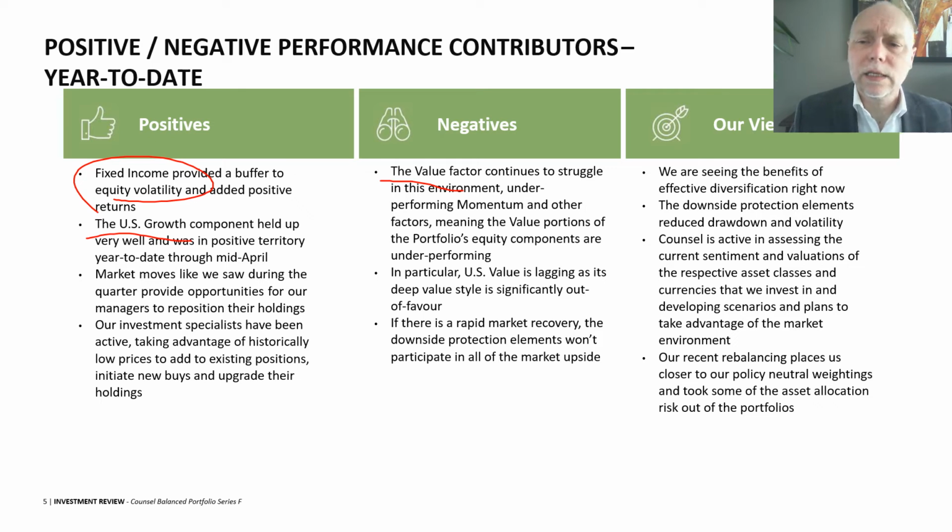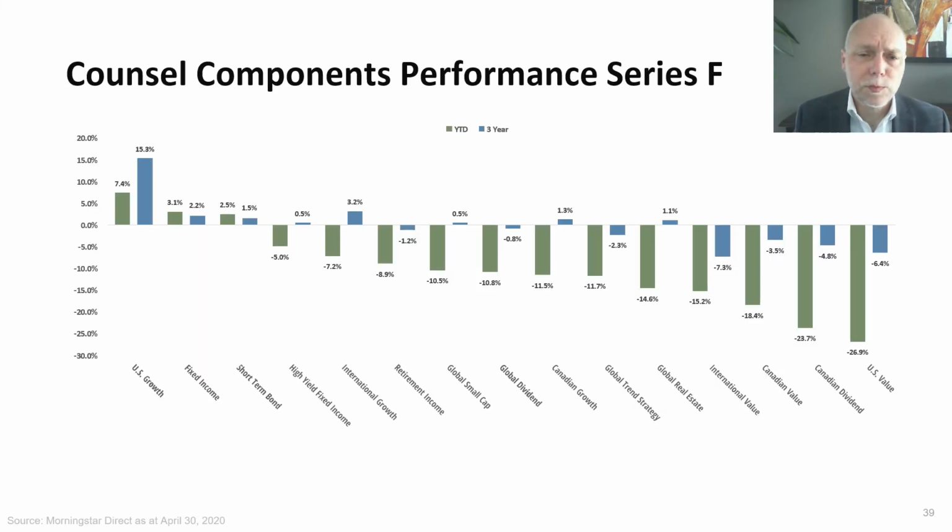But at the end of the day, really, what I can tell you is the diversification that we had really was to our benefit. It prevented this portfolio from going down near as much as the broad market and has helped with the recovery. Don't want to spend too much time on the slide, it's a bit busy, but I'm going to get you to focus on the green, the year-to-date numbers. The blue are 3-year averages, but the year-to-date sort of gives you a bit of a picture. Now this is as at the end of April, but close enough. Things are generally a little bit better right now than they were then, but you know, it gives you a